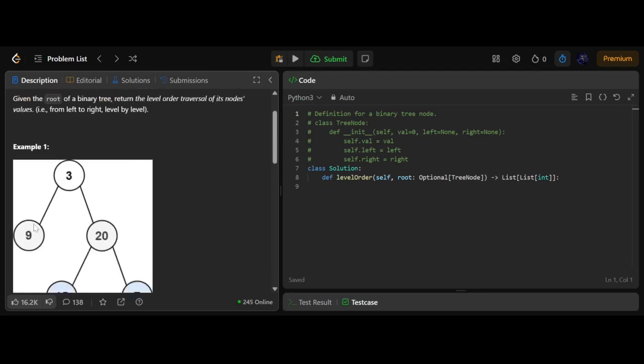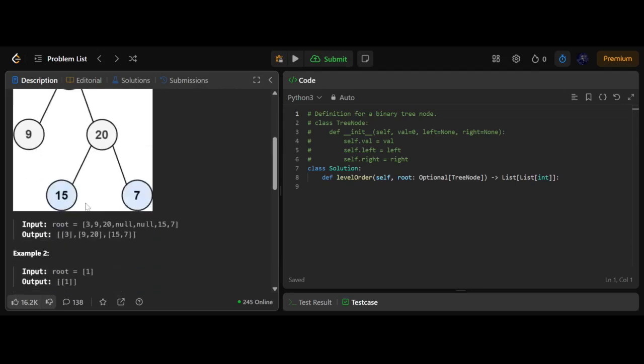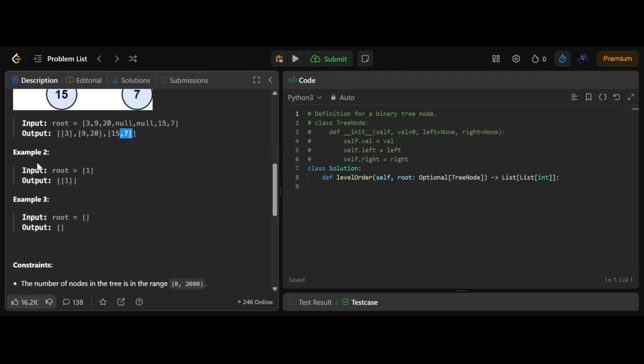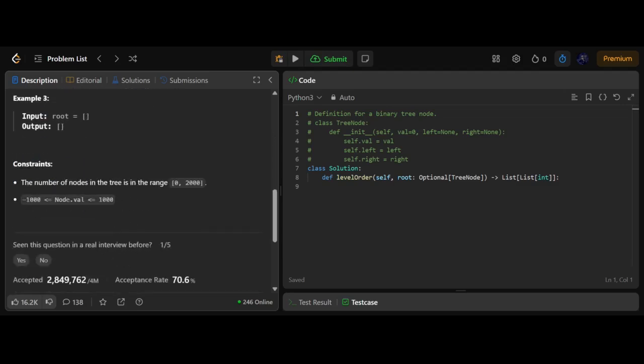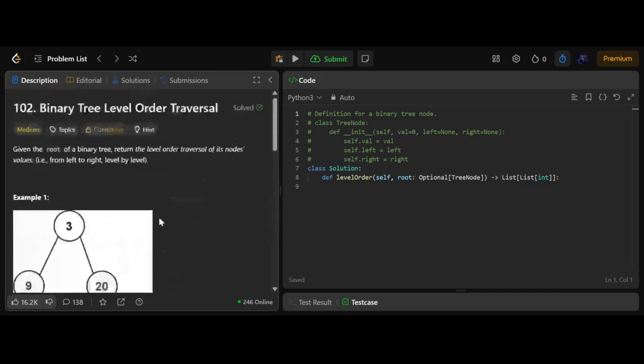So in this example we've got 3, 9, 20, 15 and 7, so we return 3, and then for level 2 we return 9 and 20, and then our third sublist is 15 and 7. And we're given 2 more examples, and we're given some constraints as well. So how can we implement this problem? Well,